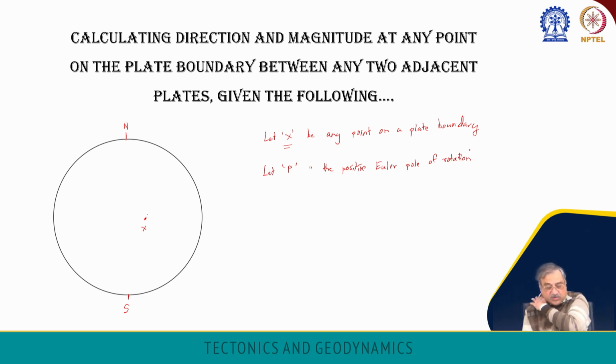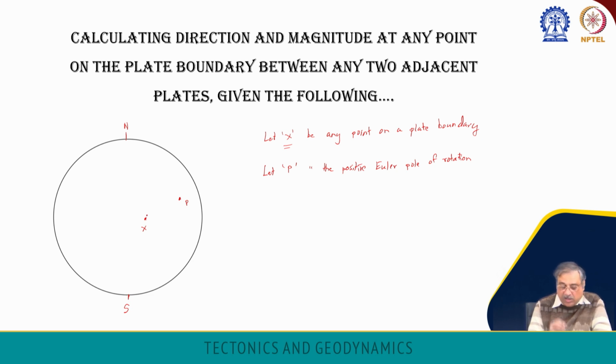Let P be the positive Euler pole of rotation for this particular plate boundary. Let us say that Euler pole of rotation is this point here. So what we are given is the positive Euler pole of rotation here, and the point that we are concerned with. What we need to find out is the linear velocity at this point on the